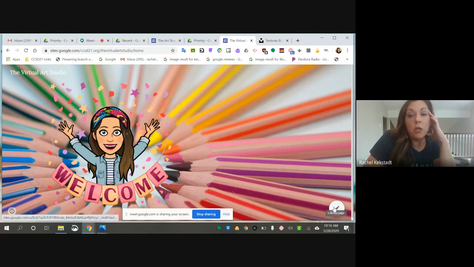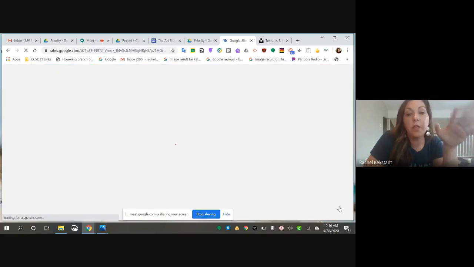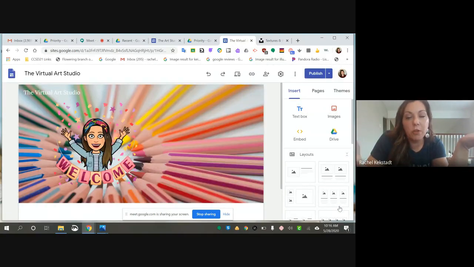So I'm going to go here. When you are building a site, your site will automatically save in your Google Drive. All you need to do is click on it from your drive. And then there's an edit button right here. When you're ready to edit your page, you can go back and forth, you don't have to finish the site. It won't even be published anywhere until you have the link put on your school website or you're sharing the link. So really, you can work on it. It doesn't have to be like, oh my gosh, it's not done. Just keep working on it. And then when you're ready to publish it,